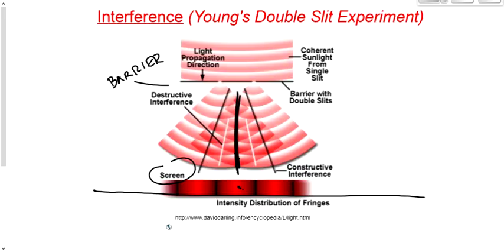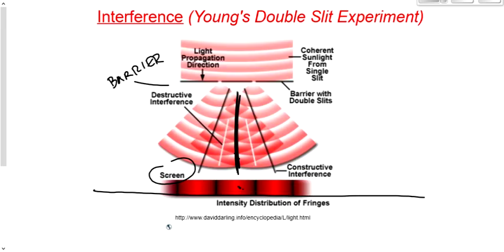And then right next to it, remember back here we had alternating areas of constructive and destructive. Right here we have a bright spot, and then we have, well, a dark spot. Why? Because this represents constructive interference, and right beside it an area of destructive interference, where the waves cancel out. And then beside that, constructive, and then beside that, destructive, and so on and so on